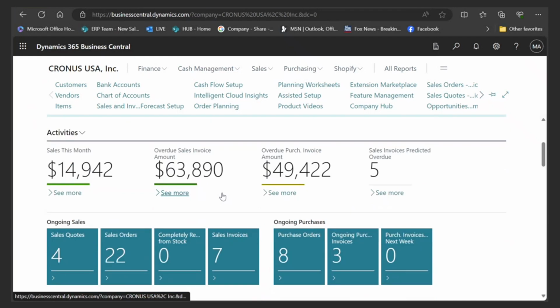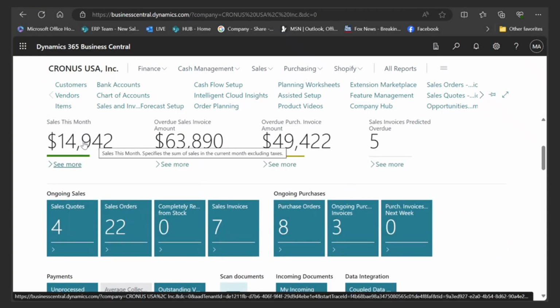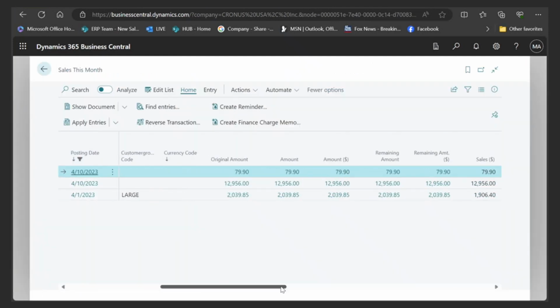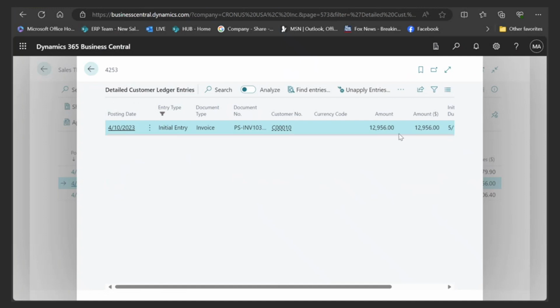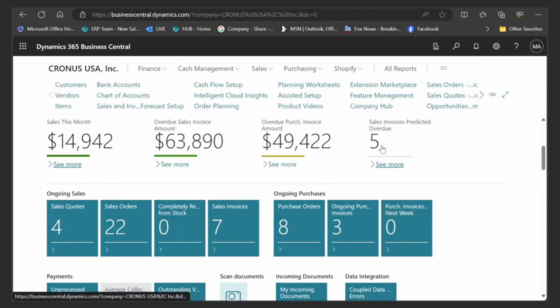I want to scroll down this page a little bit because I want to show some of the things that are being surfaced here, like the analytical information like sales per month. Well, if I want to break that down and see what makes up that 14.9, I simply click on the number and there's the 3 invoices that make up the 13,900. If I want a detail of any of those amounts and where the transactions went, I can simply click on that. And it takes me into the detailed transactions where I can actually get right down and see the source document for that invoice that was created. So all these are very clickable, drillable